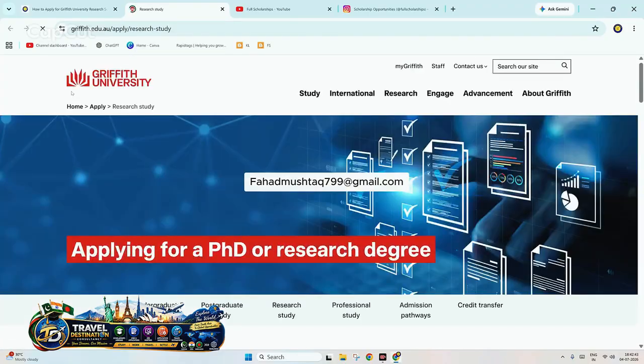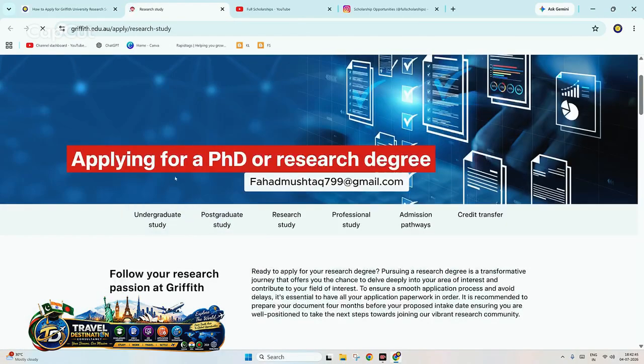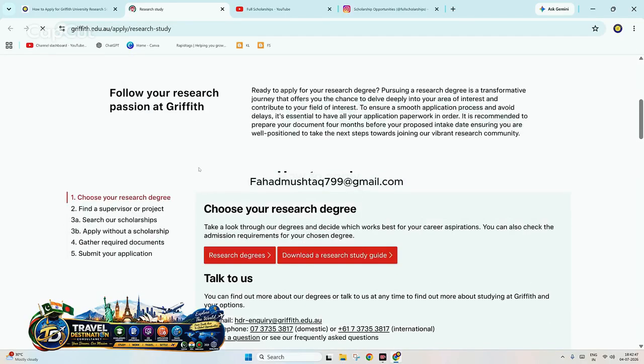I can see Griffith University, applying for a PhD or research degree. There are certain steps you need to do. Choose your research degree, find a supervisor or project, then search for scholarships. In case you get a project, you don't need to find a scholarship because the project is already funded. It's fully funded. And in case you just find a supervisor who has projects, you don't need to apply for